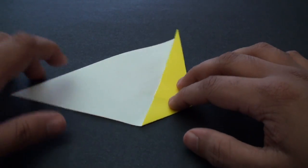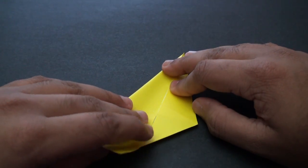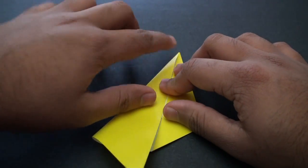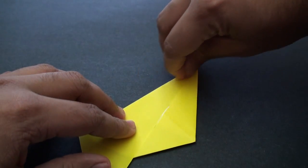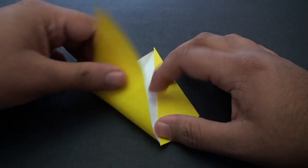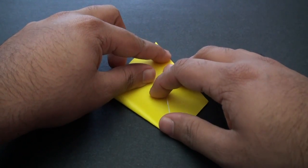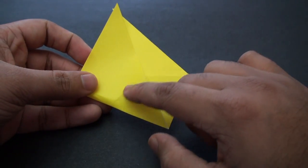Now we're going to do the same thing on this side here, so fold it so that this edge folds to the center. It should fold down like that. Once that's aligned, give it a nice crease. Unfold it. Now fold it so that this edge aligns with the center. So fold it up. This time, once again, you don't have to crease it in all the way. Just have to go up to this crease right here,